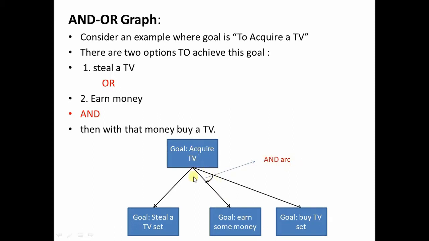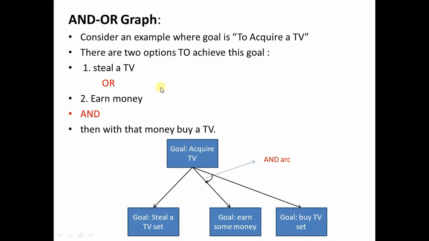And if you see only this section of the graph, that graph is called an AND graph. The graph that involves only AND arcs is called an AND graph. Now if you see the other section, either this full thing is one option or only this is an option. Since there is OR over here, this section of the graph becomes an OR graph, and this section of the graph becomes an AND graph. So ultimately this full graph is called an AND-OR graph.